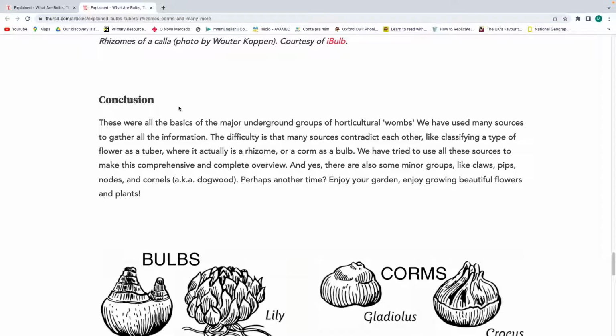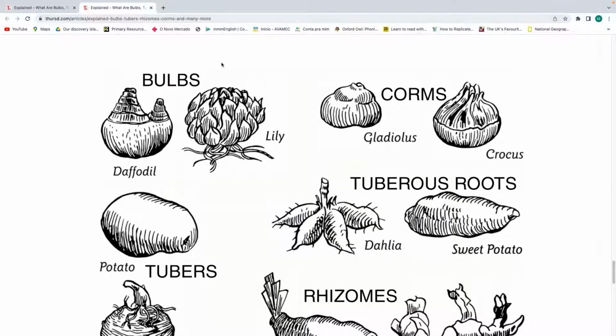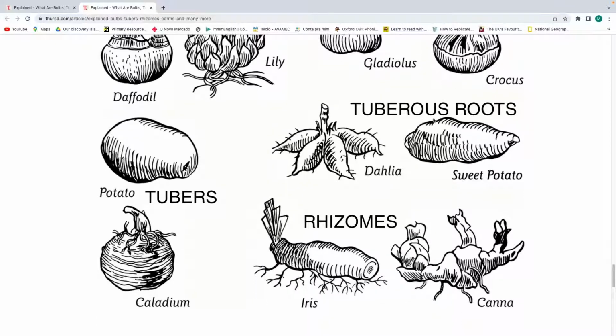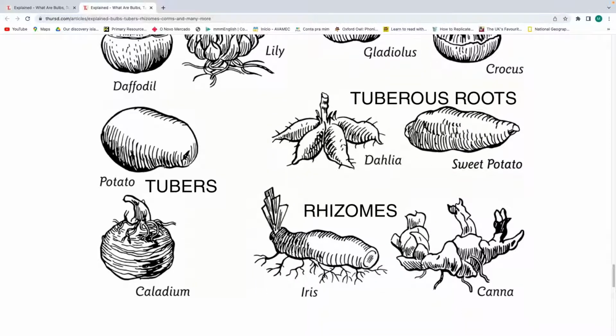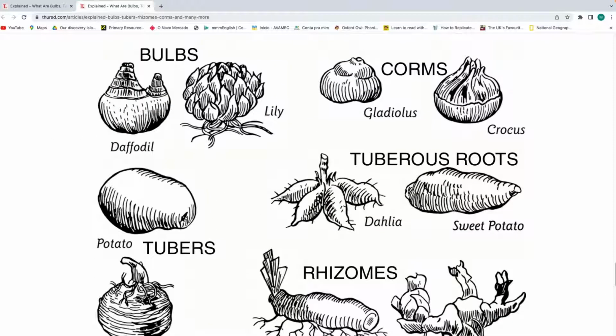Depois eu vou deixar esse website também como acesso para vocês poderem dar uma olhada, mas a gente tem aqui alguns exemplos da família. Então a gente tem os bulbs, como a gente viu antes: daffodil, a lily, daquela planta que nós vimos. Então a gente tem os corms, tuberose roots. Potato, que é o tubers. Então a gente tem várias aí, ok? Examples de tipos de plantas e de hortaliças que a gente fala em